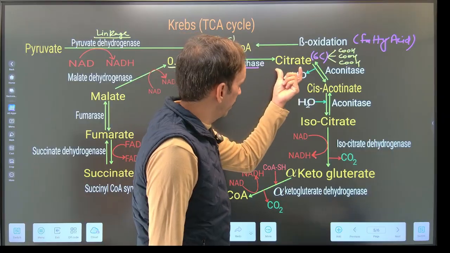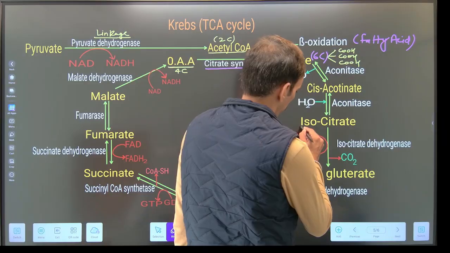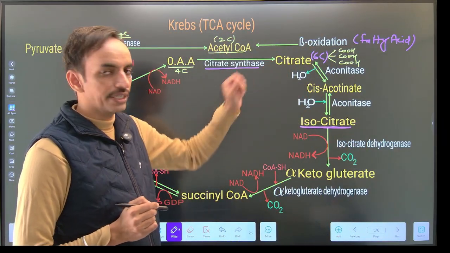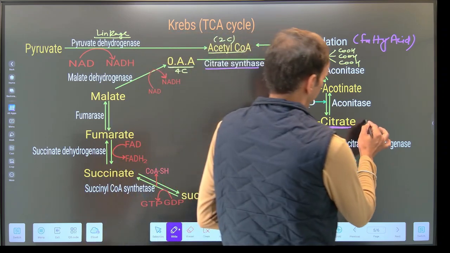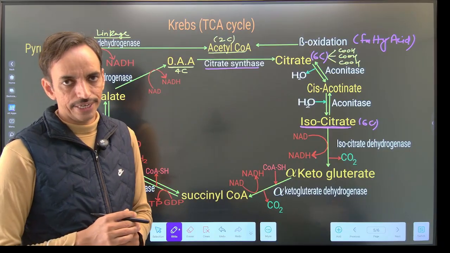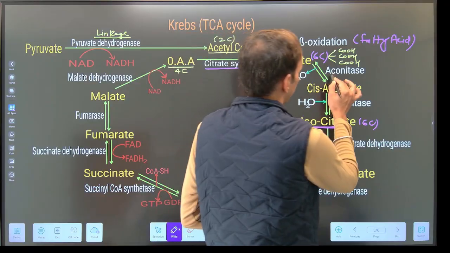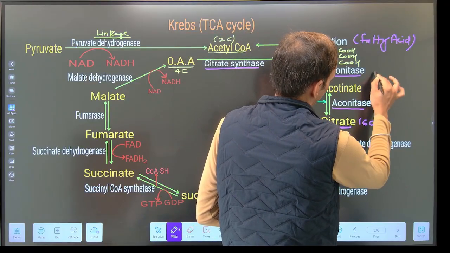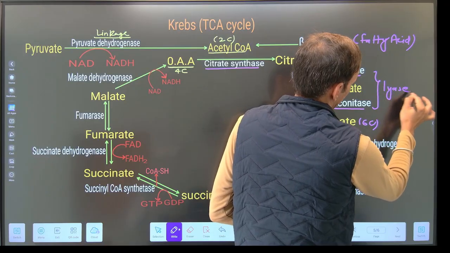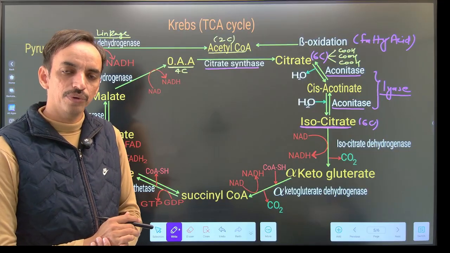Now, this citrate, it will convert into its isomeric form, that is called as the isocitrate. The citrate is a 6 carbon molecule and isocitrate, it is also a 6 carbon molecule. It is the isomeric form of citric acid in the 2-step reaction, and the reaction is carried out by the enzyme aconitase. It belongs to the category of lyase, and it will carry out the reaction which is called as